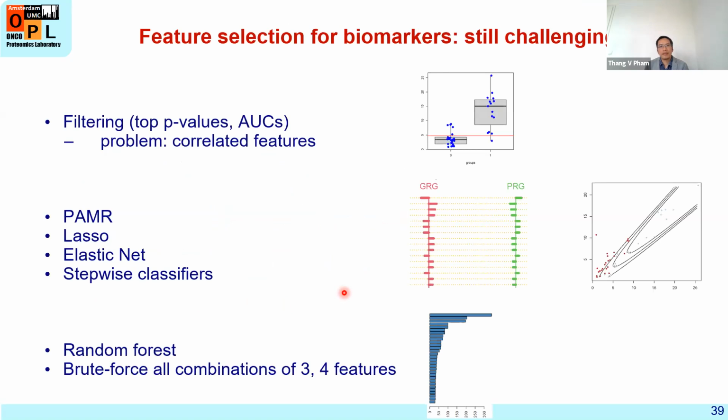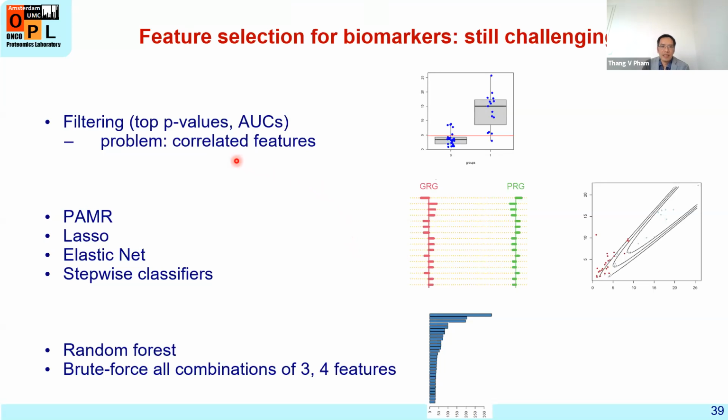So I mentioned feature selection, and if you're working in machine learning, I think this is still very much an unsolved problem. So if you're working in this area, I think there's still a lot to be done. So how do we select features? If you look at the literature, you can roughly divide it into